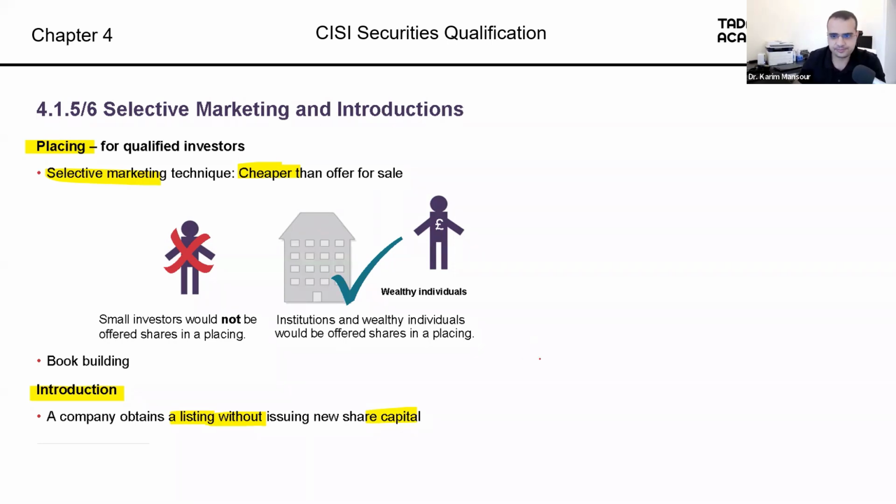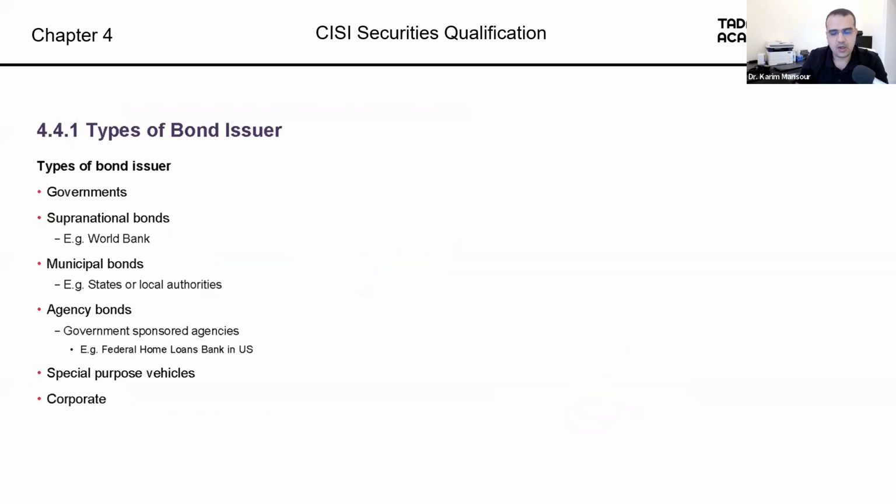Let's say company A and company B, both are listed, both have their own shares, both have the capital. These two companies have merged. They have the capital, but they still want to get listed. So a new company C is formed after the merger, which already has capital, but this company C still needs to be traded on the stock exchange. So company C will list new shares as company C, but this listing of new shares does not raise capital for it. So it's just for them to be listed on the stock exchange. That is for the listing of stocks.